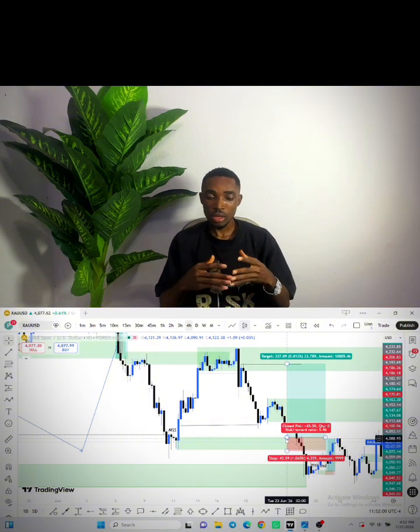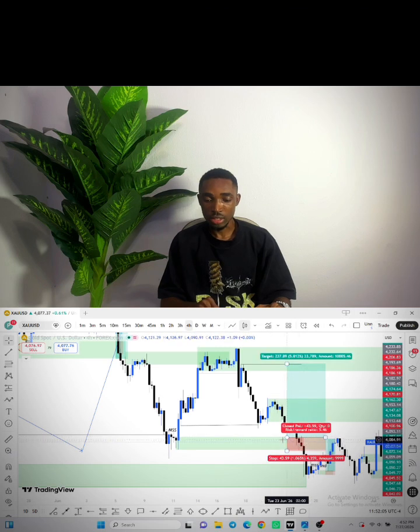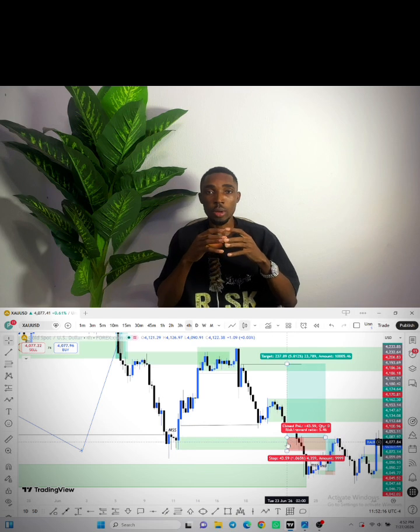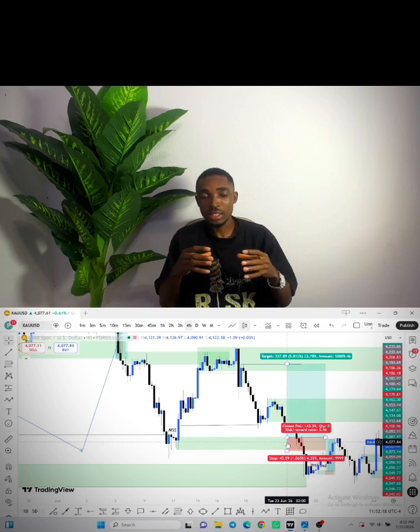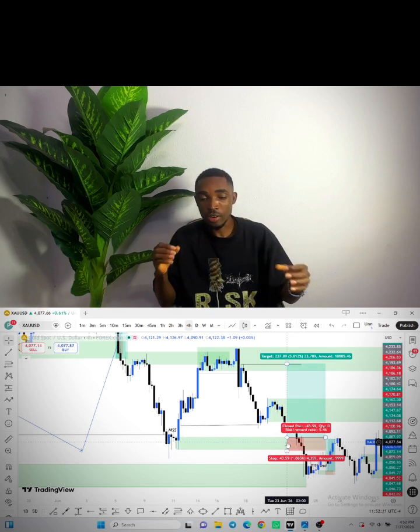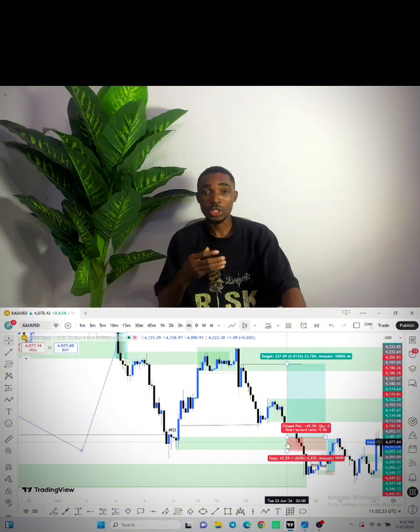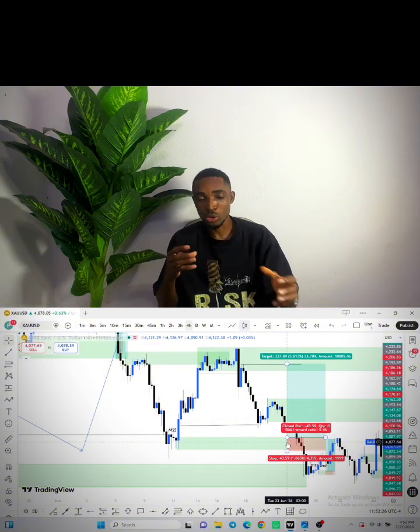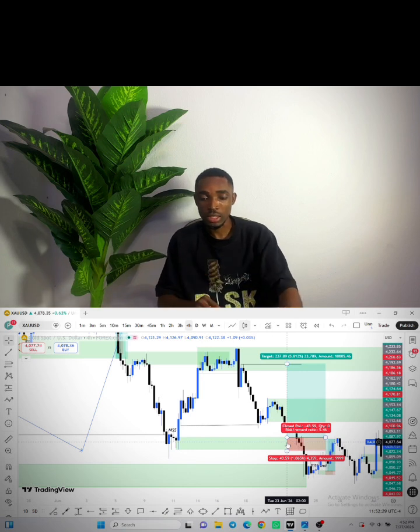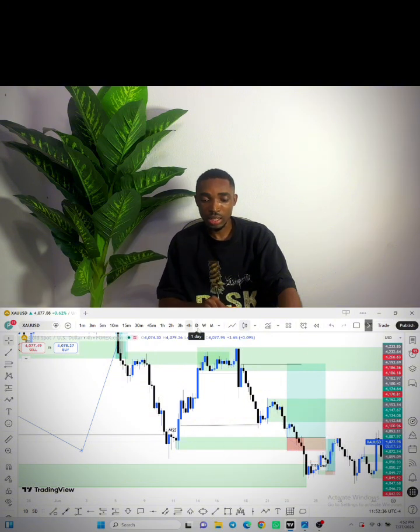But the reason why this particular setup hit stop loss is because I didn't picture out the bigger time frame. I didn't scale up to the daily time frame to go and see the bigger picture. It is when I hit stop loss that I went deeper to know the reason why I hit this stop loss. And when I went to my daily time frame, I figured out that this particular zone here